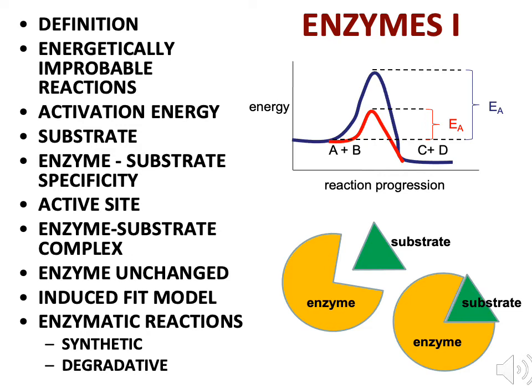So in this case, in our example, we just got one substrate binding to that enzyme, but it could be several. For example, my reaction up there, A plus B. 2 substrates could in fact bind to the enzyme. So when you get this combination of the two, and it's a very specific relationship. As a matter of fact, 5th bullet mentions enzyme substrate specificity, means that any given enzyme really is only going to be able to bind with and interact with a specific substrate.